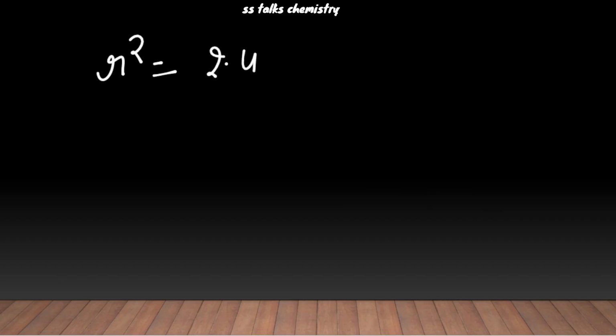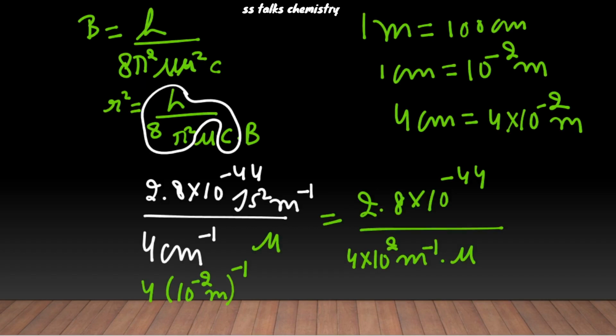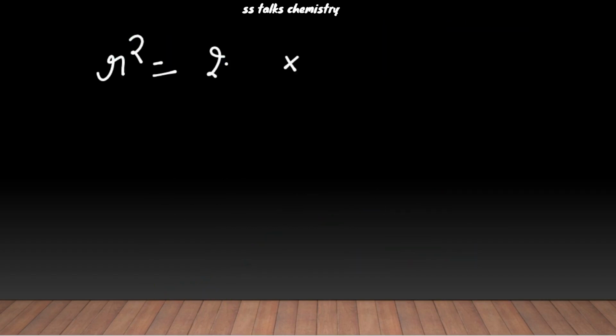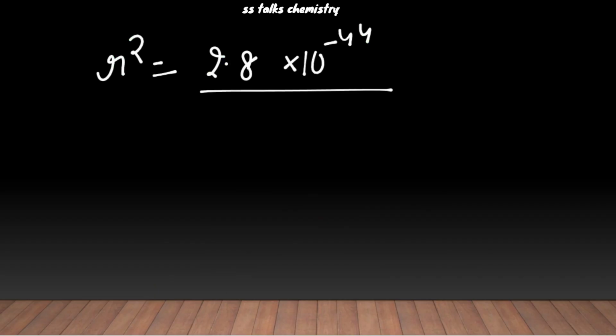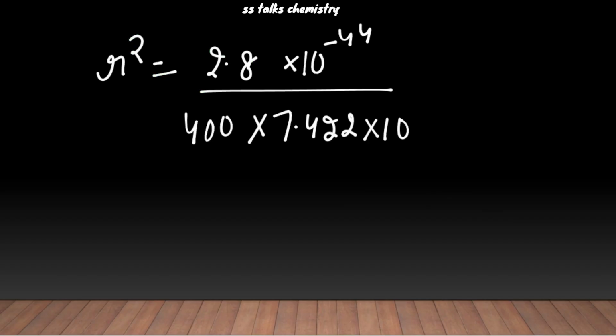R square will be 2.8 into 10 to the power of minus 44 upon 400 into this reduced mass, which is 7.422 into 10 to the power of minus 27 kgs. So just solve this and take this under root also, and you will be getting it. So 2.8 divided by 400, divide this with the 7.422. So it is becoming